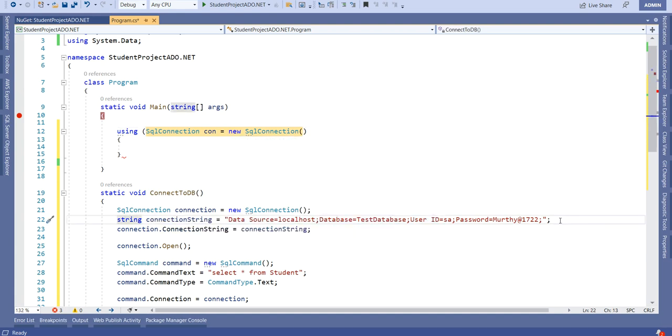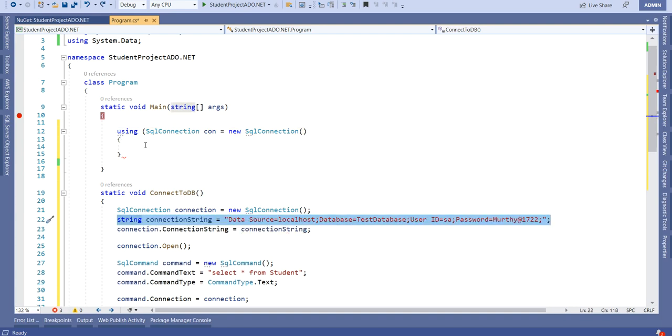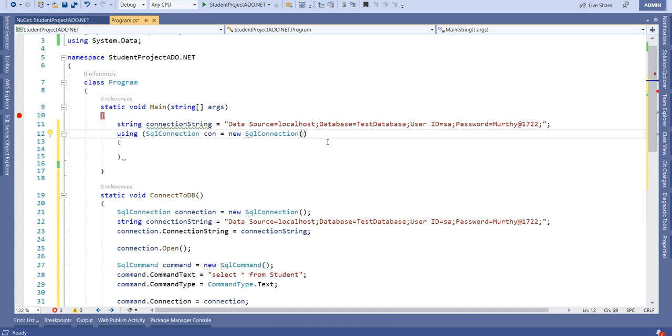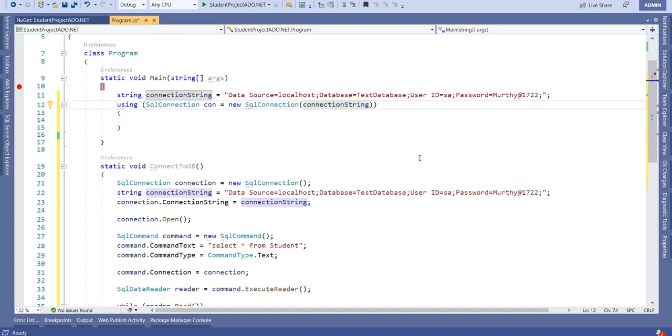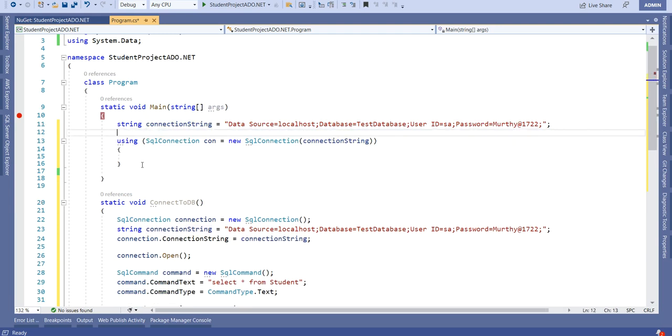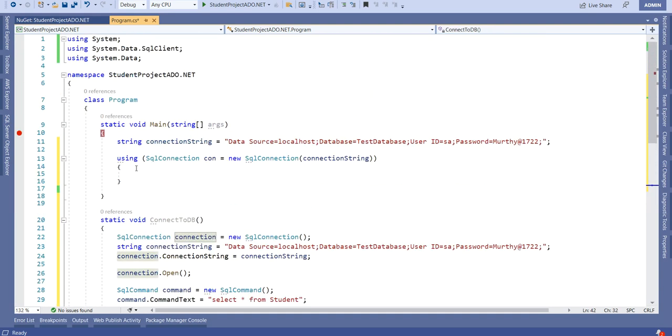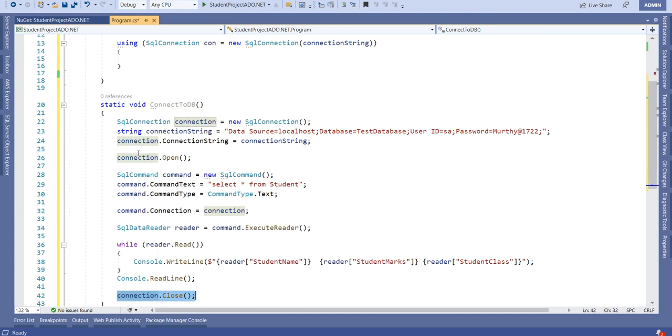So let us cut this connection string, copy it, and paste it over here. In the constructor itself, we can give this connection string. In this way, the connection will be closed automatically after executing this logic, right? So we don't need to close this connection manually using this process.